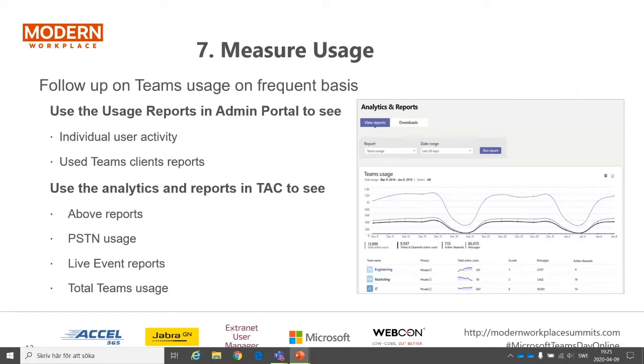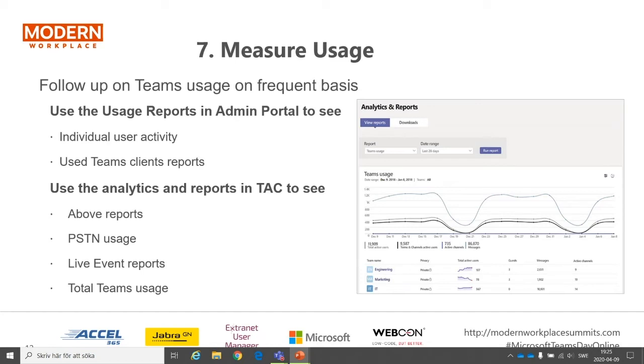Microsoft offers several usage reports that give you information about how much Teams is used in your organization. Keeping track of the overall usage during and especially after the implementation is valuable to make sure your users are using Teams in a sustainable way. You don't want Microsoft Teams to be the new cool tool of the month, and then they go back to the old ways of working and their old behavior. So by checking in on these reports, you make sure that Teams is being used as planned and that the